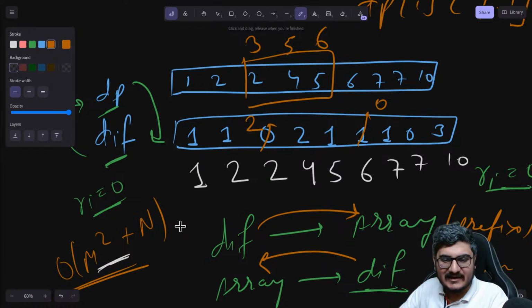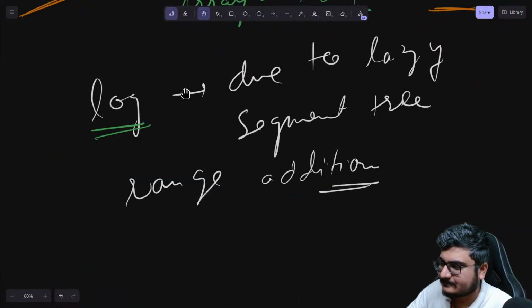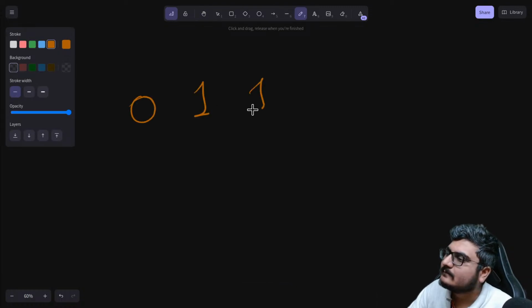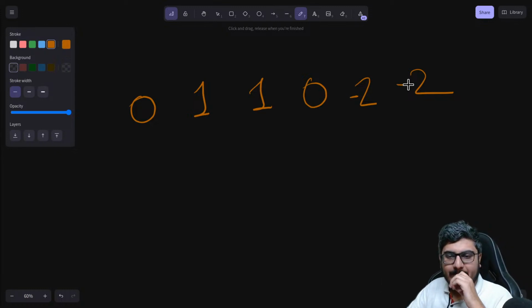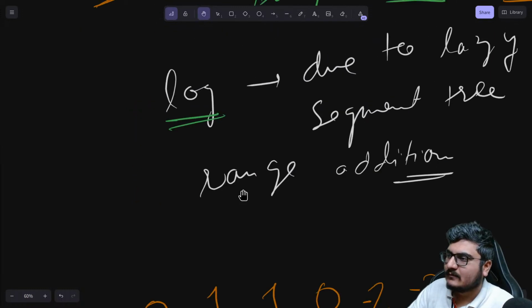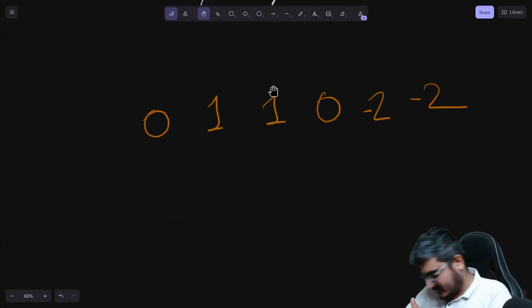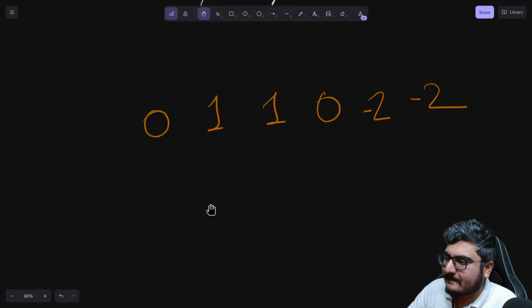Dry running it on a large test case might probably be difficult, but I can try taking something. Let's just pick this test case. Let's say this is our test case, -2. And probably I will show one example of how it's working. I will probably not show everything here. So when I start,